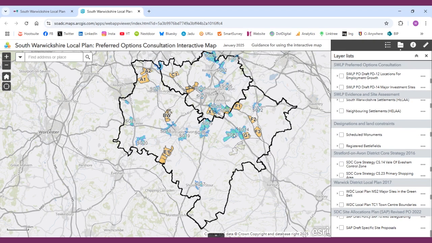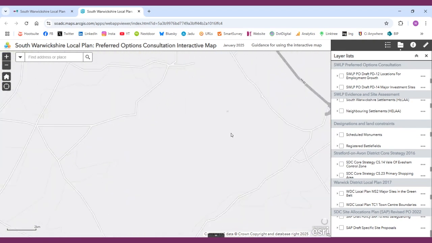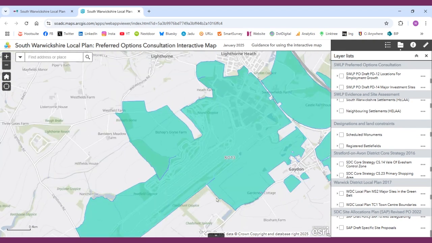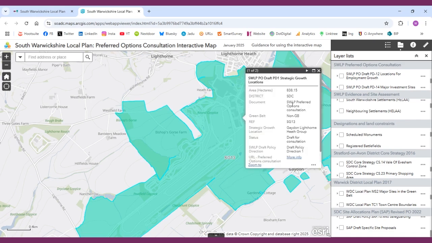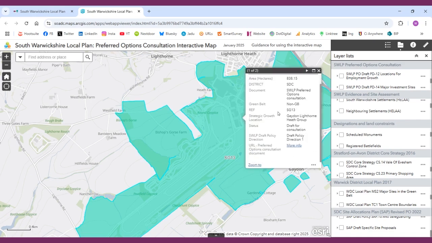So we can zoom in to the map. And here, for example, we have a strategic growth location. If you click on it, it will give you some more information about what it is. And then here, more importantly, is a more info link. This will take you straight through to the section that this particular strategic growth location relates to in the consultation document, and where you can have your comments. So if we click that link,